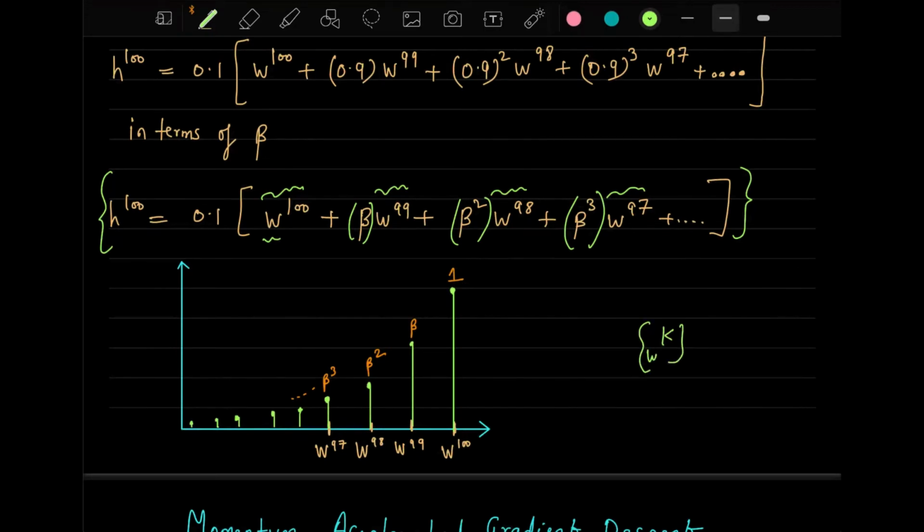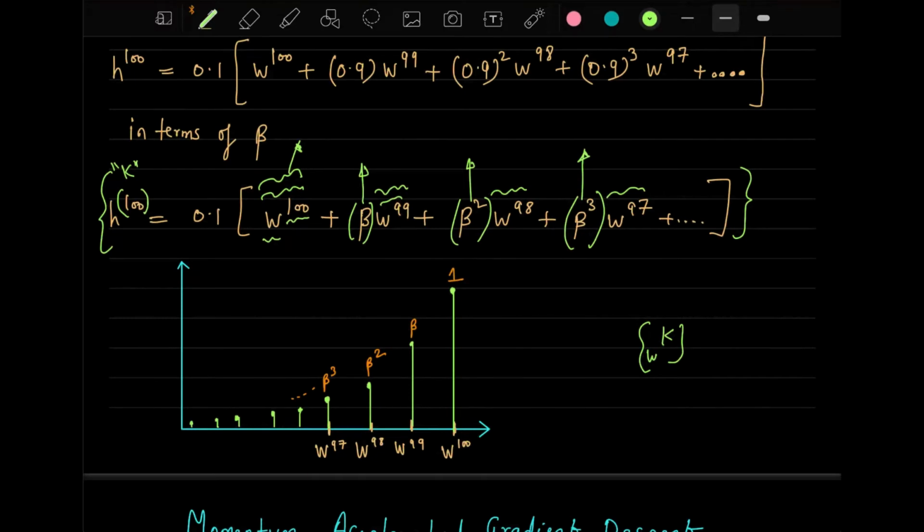So this means whenever you are looking at the 100th point, which is the immediate point, which is k equal to 100, you are actually taking the W as such, and then the previous samples of the W are weighted by beta, beta square, beta cube. So it's like you are discounting, you are actually reducing the contributions of the other values of W other than that of 100. So you are actually multiplying it with the values of beta and you are discounting it.